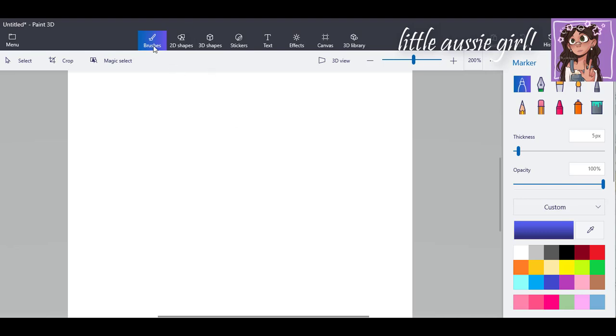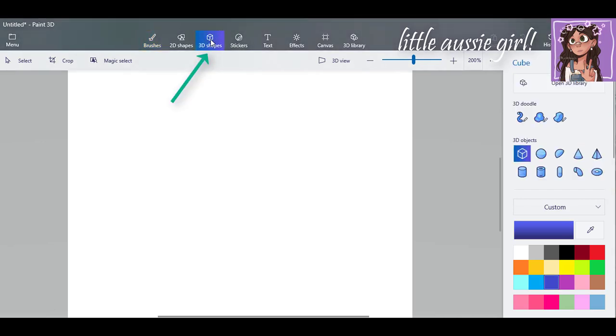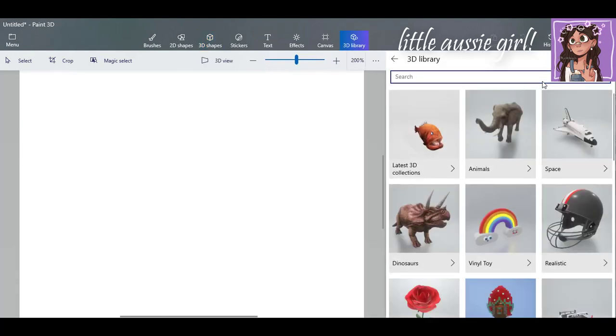First, you're going to have to go to 3D shapes, and then you're going to have to go to Open 3D Library up here. I would recommend to do this on a PC or laptop because iPads and phones probably do not have this. And then when you go to 3D Library, once it loads up, you're going to press the search button, and then you're going to search up people,